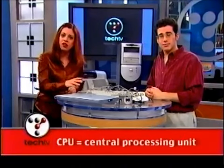It determines what you want and then commands your computer accordingly. Now, the CPU is measured in speed, megahertz or gigahertz. Basically, this is just how fast your computer processes your requests and moves information in your computer. Exactly. And once the CPU receives the command from a program, it needs a place to store the information it